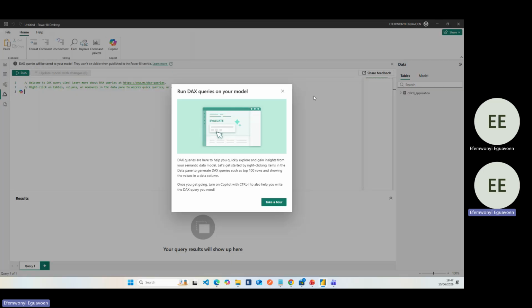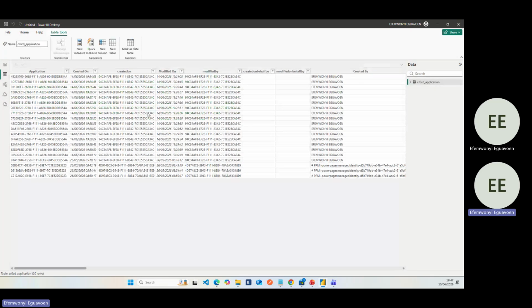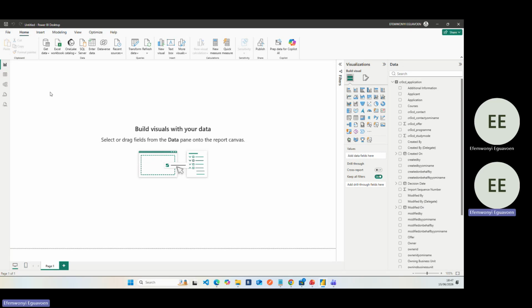So you have the DAX formula. If you want to do something using that formula, TMDL view as well. But this one's, yeah, if you want to do some advanced stuff. Or we'll go back to this. If you want to do some transformation, you could do that here. But at the moment, we don't want to transform our data. If you still want to transform, you could do that. We just want to do some reporting